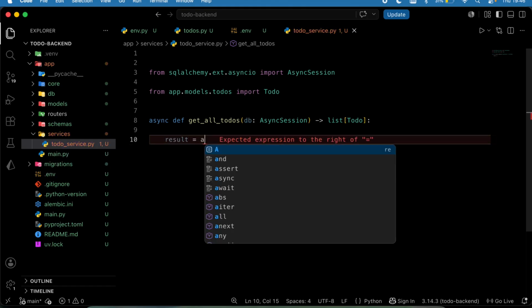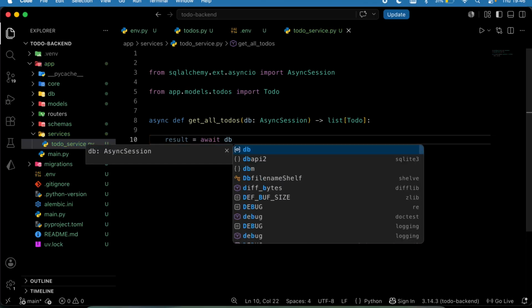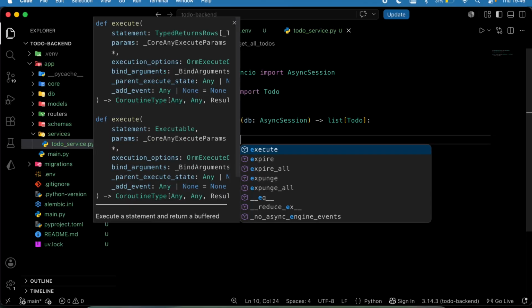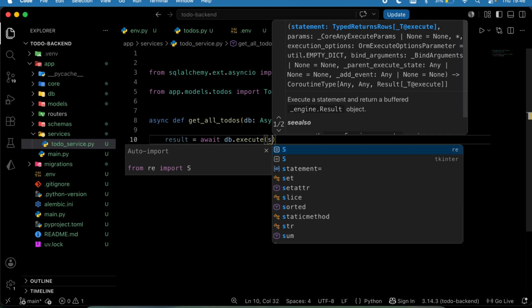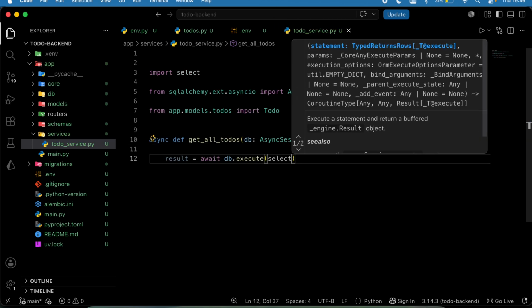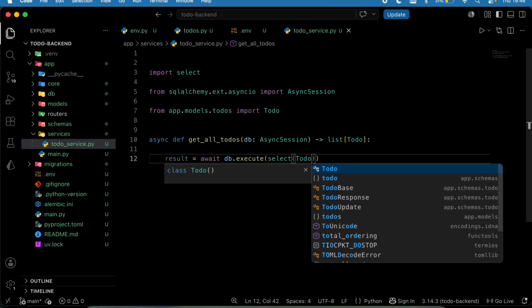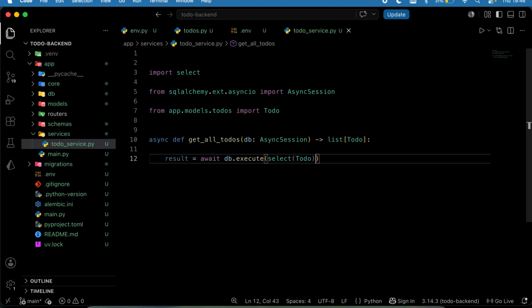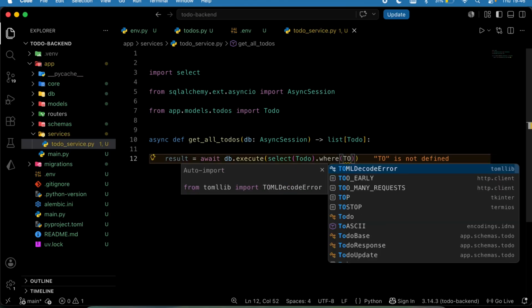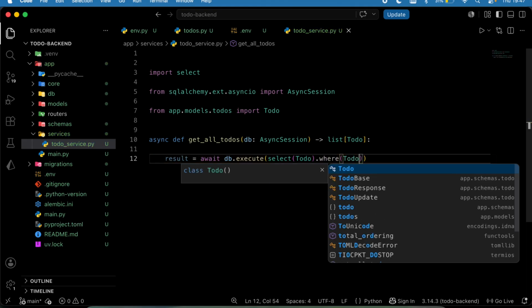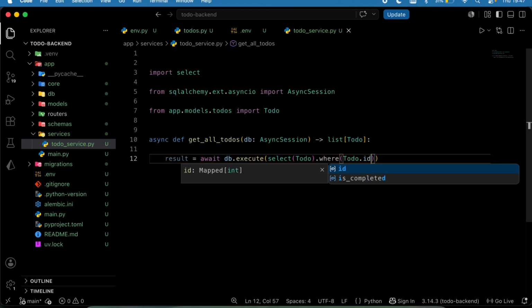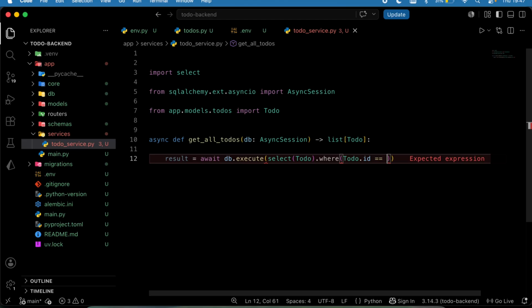We are awaiting our db.execute, and I'm going to have my select, then I want to select ToDo, which is our model, ToDo.where, where ToDo.id is equal to